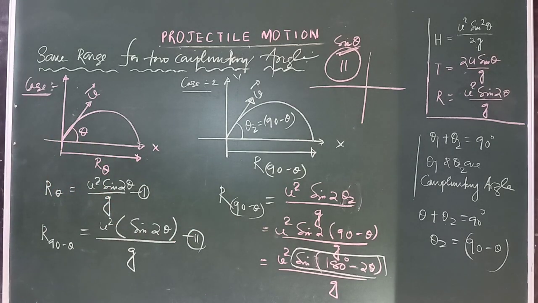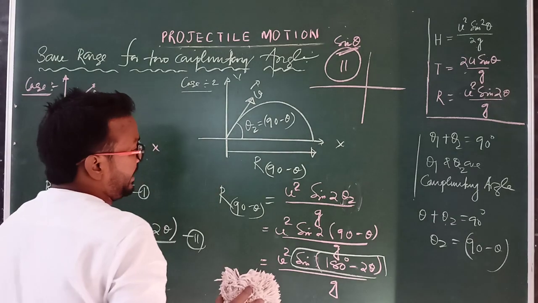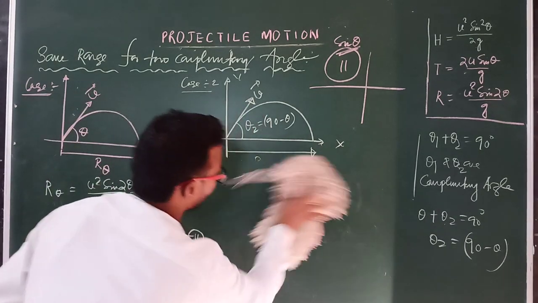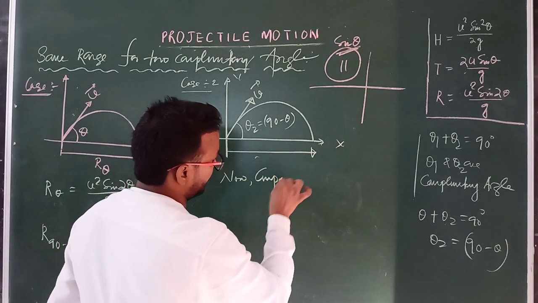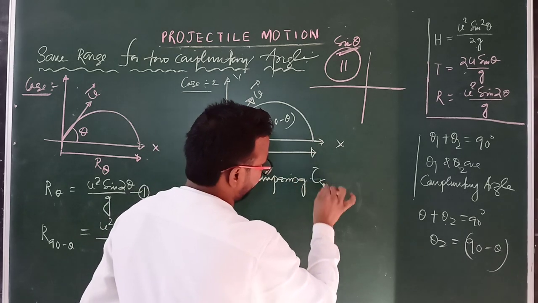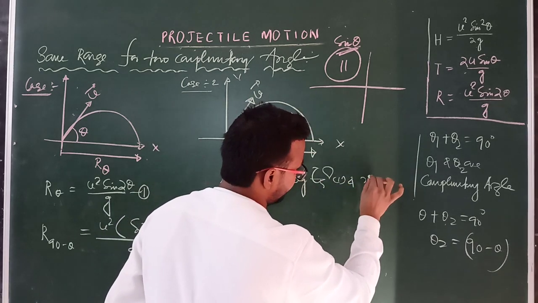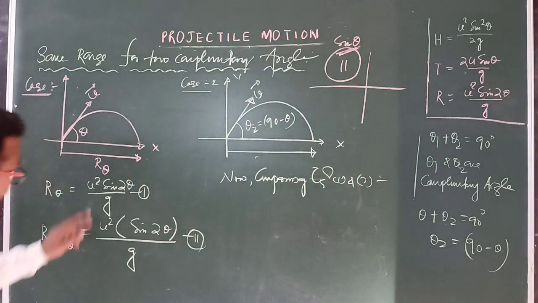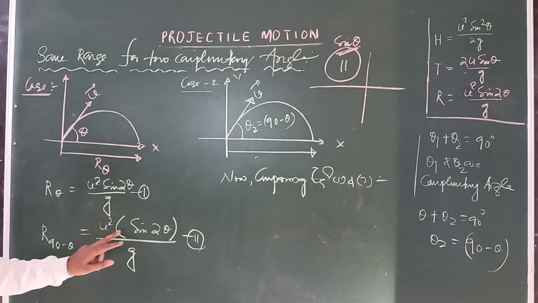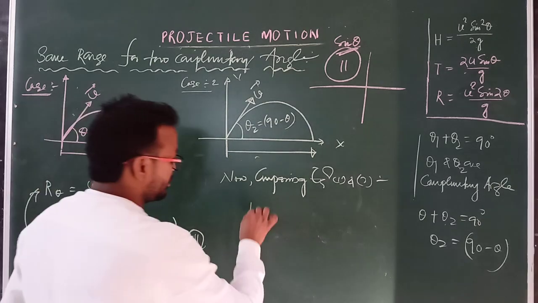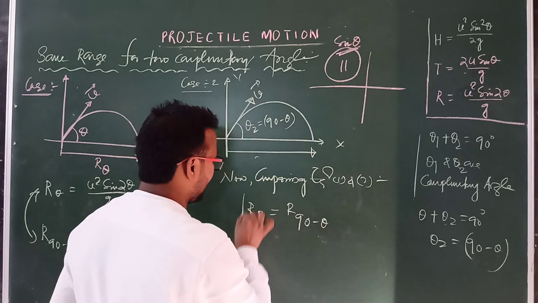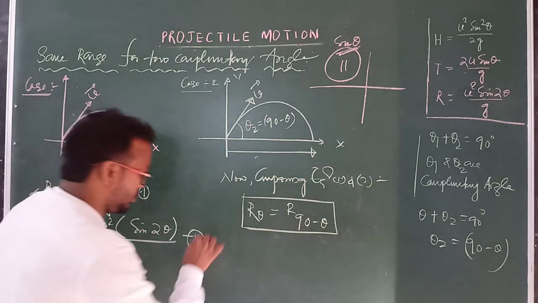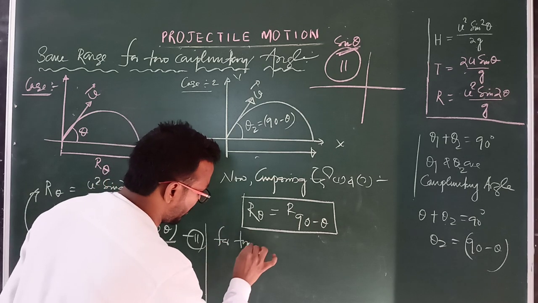So now comparing equation 1 and equation 2, we can write u square sin 2 theta by g, and here u square sin 2 theta by g. Left hand sides are equal, which means right hand sides must be equal. So we can write here R theta equals R of 90 minus theta. Clear? So we can write here for two complementary angles,